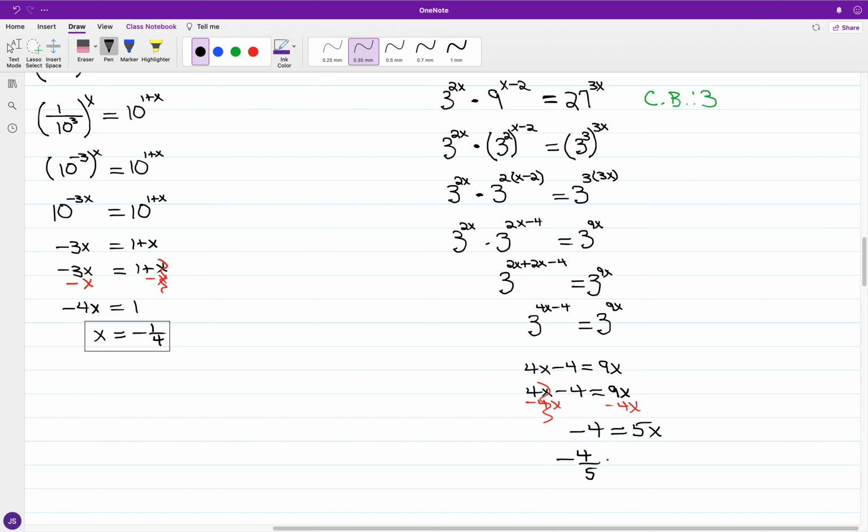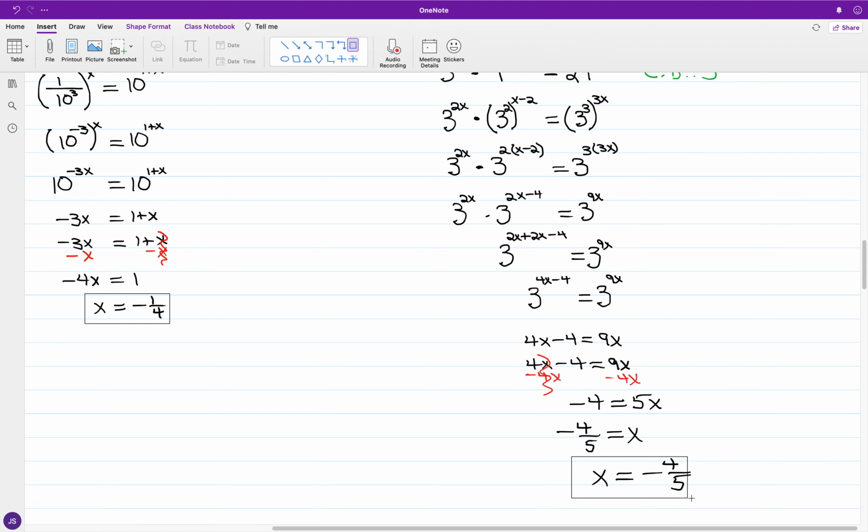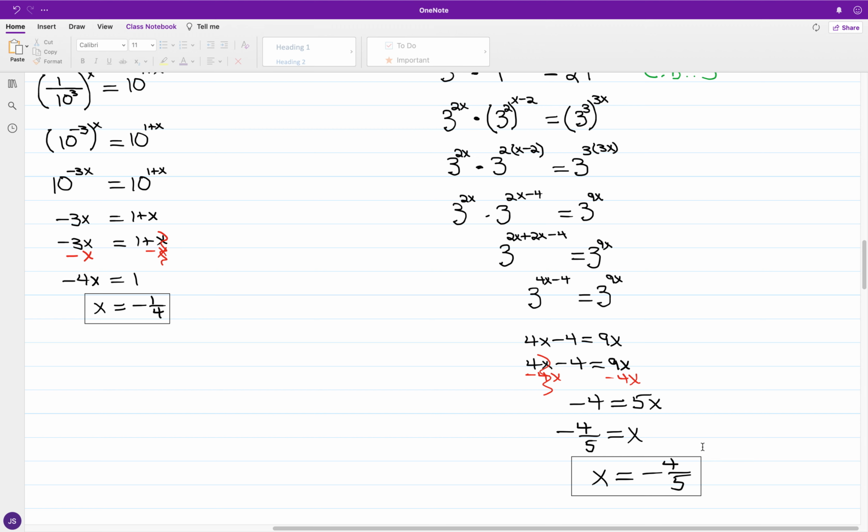Okay, so we have negative 4/5 is equal to x. And just switching sides here. Okay, so we had the value of x come out to minus 4/5. All right. Now, in looking at what we have concerning